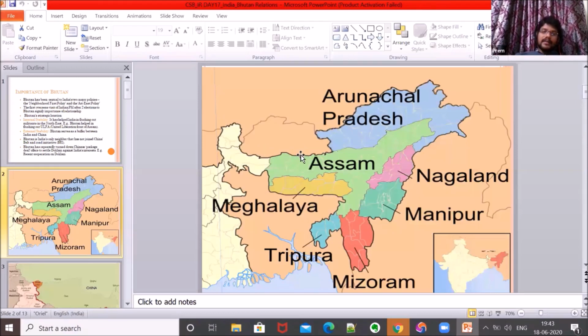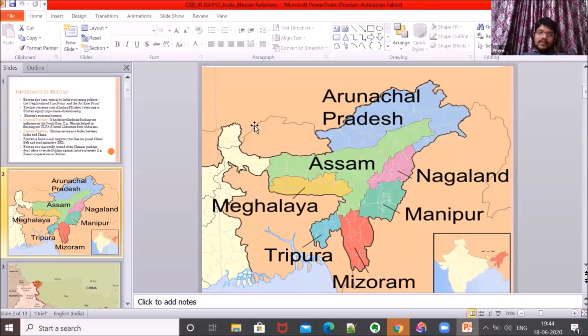I'll give one example. That is ULFA. ULFA stands for United Liberation Front of Assam. That is a kind of terrorist organization that wants a completely separate independent status for Assam. It used to hide in Bhutan's forests, launch attacks in Assam and go back. Because we had good relations with Bhutan, we launched an operation and cleared all of these militants and this organization. So from the internal stability aspect also, Bhutan is very important for India. So this is internal stability. Now we see external stability.